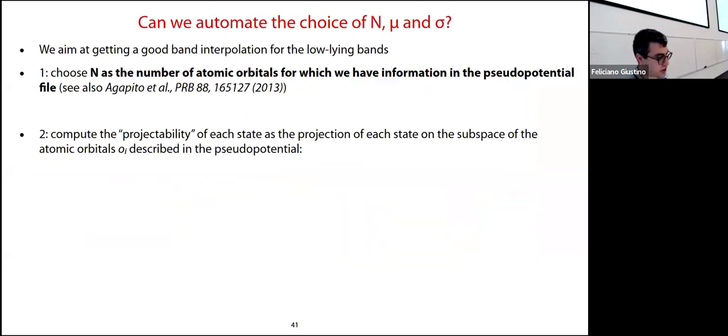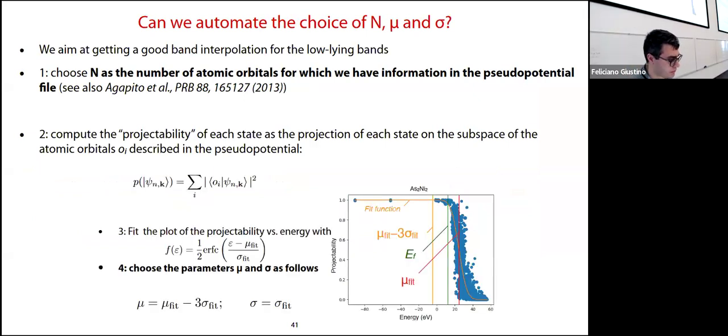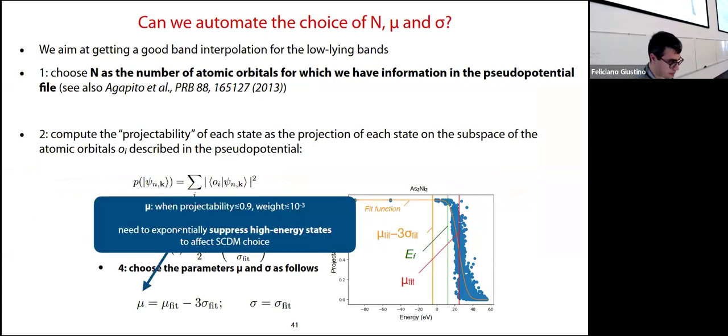And this way, with a fitting procedure, essentially, we decide what are the parameters of our occupation function, of our smearing function. Okay? And of course, you also have to set the number of Wannier functions that you want to get. And what we do is very simple. We take a number of Wannier functions that is equal to the number of these pseudoatomic orbitals. Okay. So now we have a recipe to essentially obtain Wannier functions in a fully automated way,